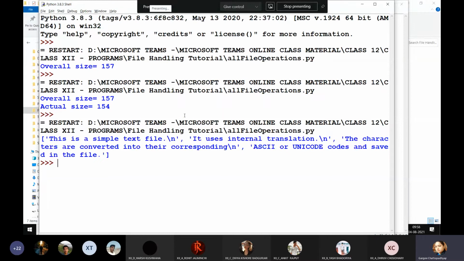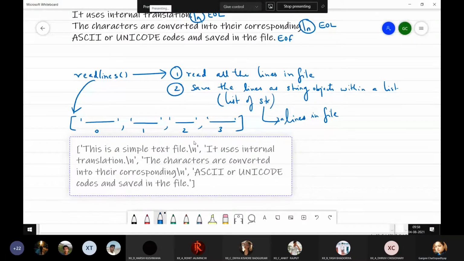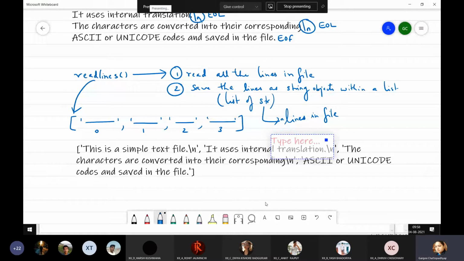So what do you see over here? Tell me. What is this that you see? Ma'am, it is a list of strings. It is a list of strings, and you can see this is the first one, then 0, 1, 2 and 3.